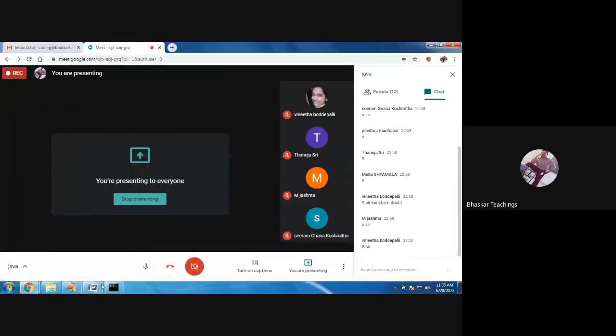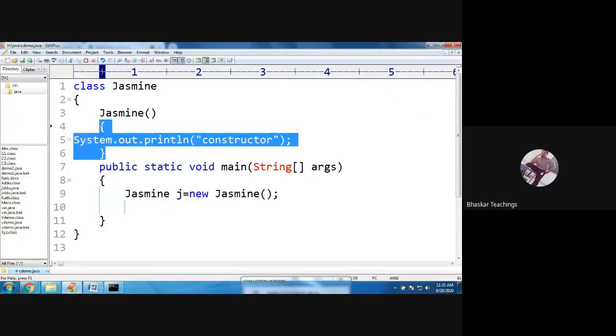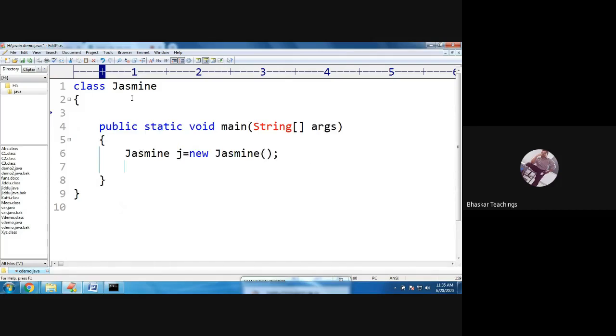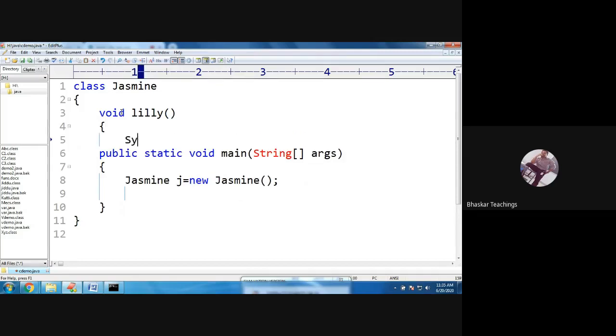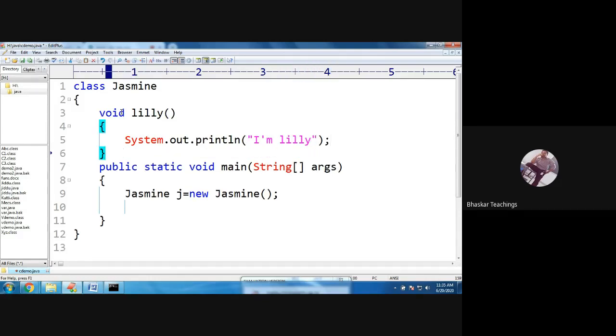First, now tell me, sir, in this example, you have included a constructor, but so far we did not have any constructor, right, in our programs. This is my question. This is our doubt, right? So now you have a constructor, okay, it executed, but till now we executed functions in this way only. So let me include the Lily function, and write the printing statement. I am Lily. Println. So I'm Lily. This is the statement we have in the function Lily, the method Lily.